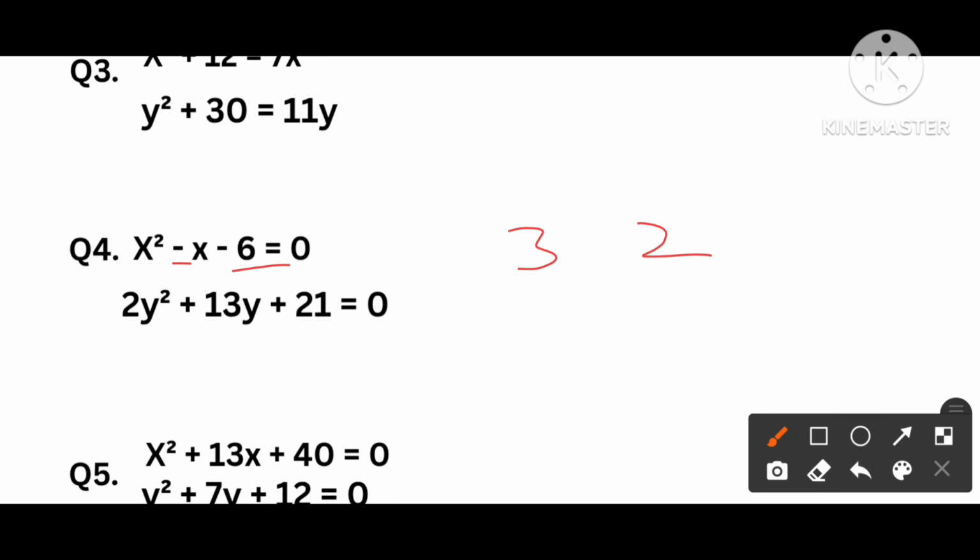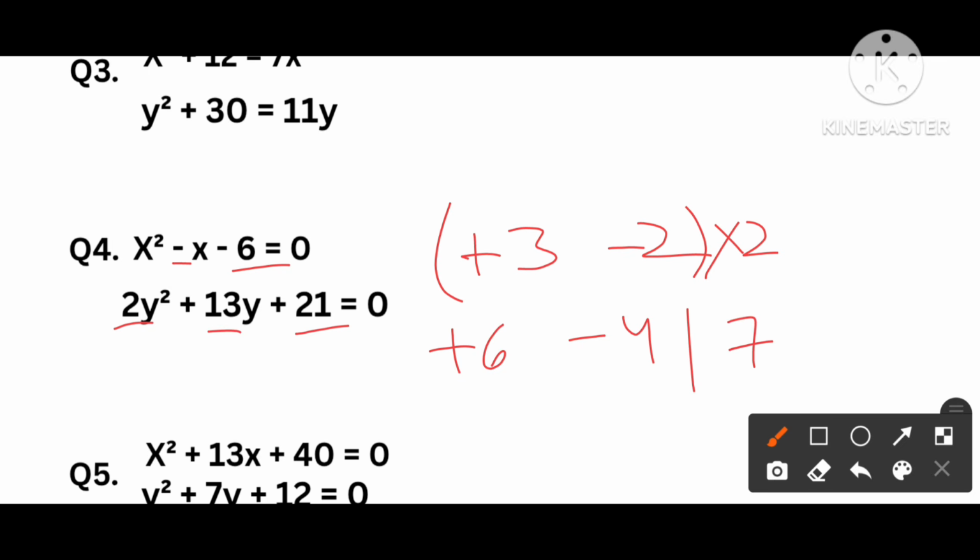Minus and minus means plus and minus are the root signs. Bases are not equal, so we need to multiply this with 2. So we get minus 4 and 3 2 times 6. These are the roots for x. 2 21 times, which will be 42, and we need to get 13. 7 6 times will be 42 and the sum of these two we get 13. Plus and plus means both the roots are negative. Now by comparing these two it is very clear that x is greater than y.